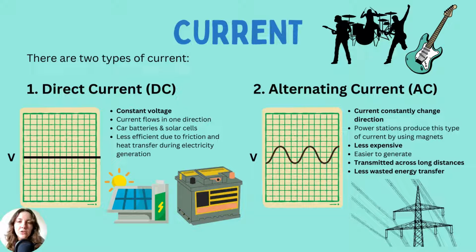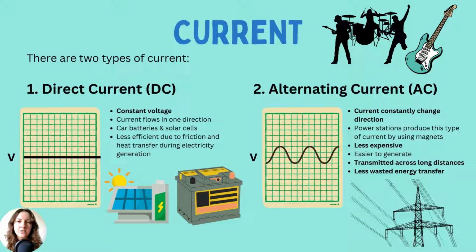And because the current is constantly changing direction, it's much less expensive to generate because there's less frictional forces which are transferring wasted energy in terms of thermal energy, and therefore it's less expensive because it's much more efficient as it is generated. One of the other benefits of alternating current, especially as we use it on a wider scale